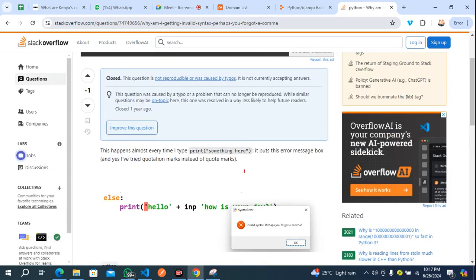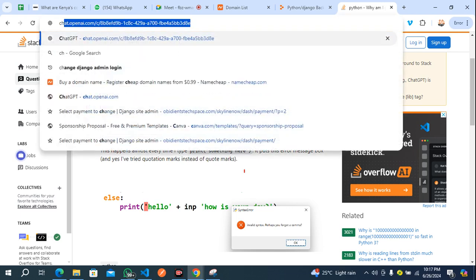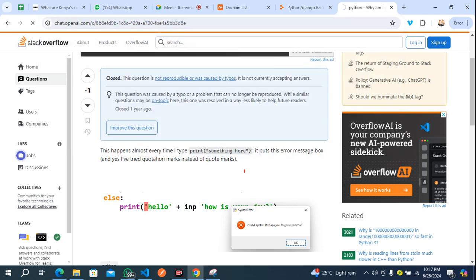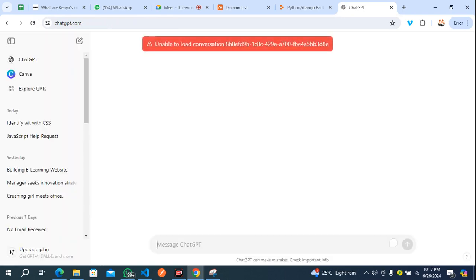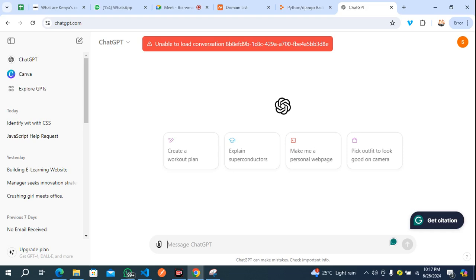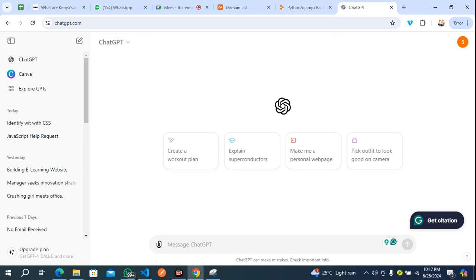The other way of doing this is that if you have AI, I think AI will also give you more descriptive and more friendly responses. You can quickly go to AI and say, I have an error in my Python code.